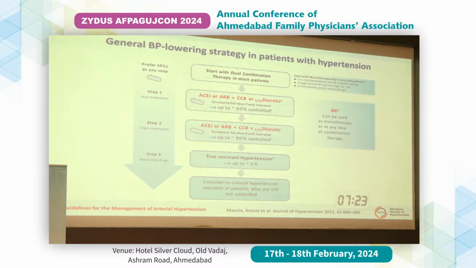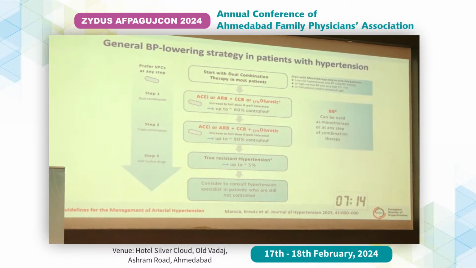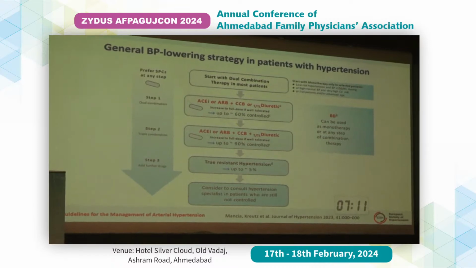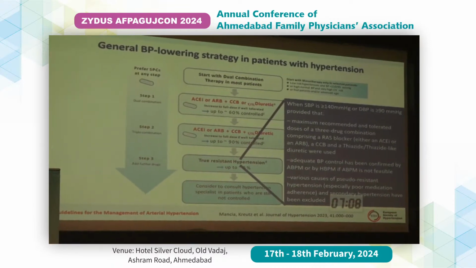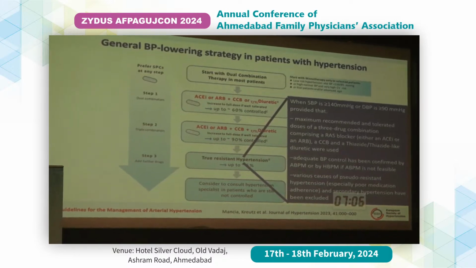And there are various forms of true resistant hypertension. If a patient was on diuretics and is still not controlled, then we need to consider sending to a consultant hypertension specialist. And this is where, again, I say resistant hypertension is SBP more than 140, diastolic pressure more than 90, and the patient is on 3 drugs at the maximum tolerable dose where you cannot increase any dose, and adequate BP control has not been confirmed by ABPM and home blood pressure monitoring also. We need to understand that various causes of pseudo-resistant hypertension should be ruled out before considering it as resistant